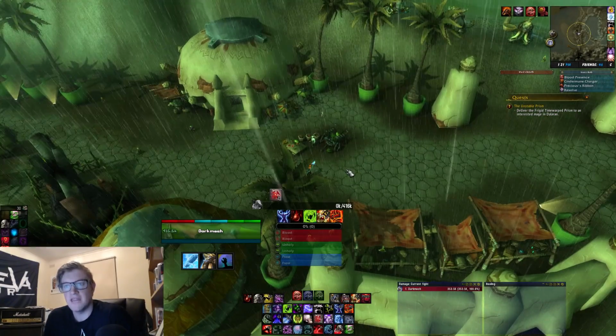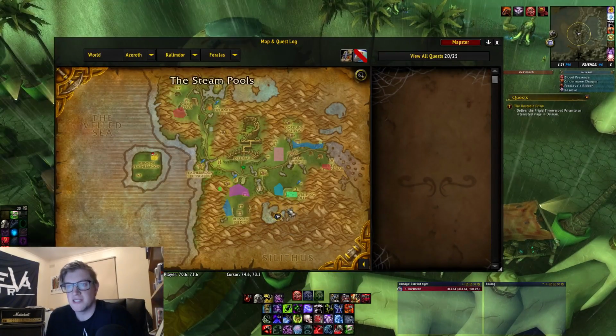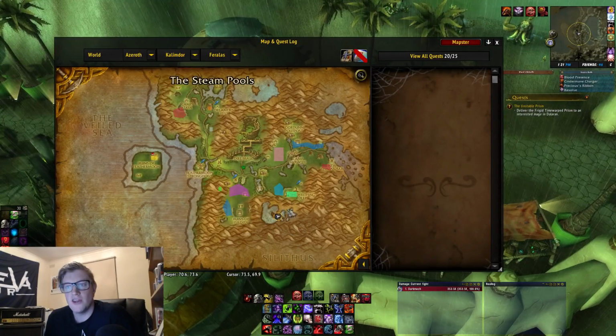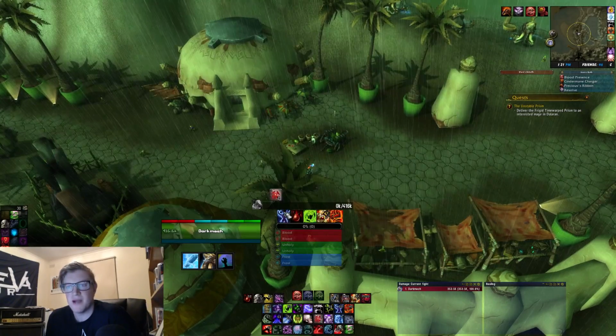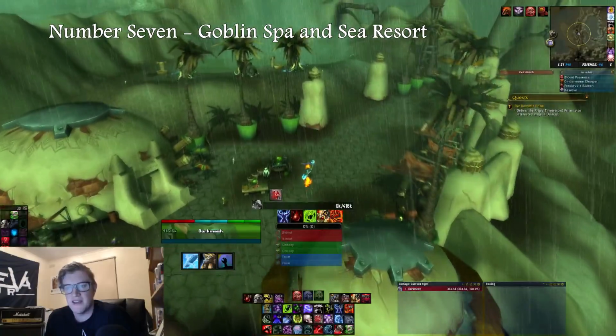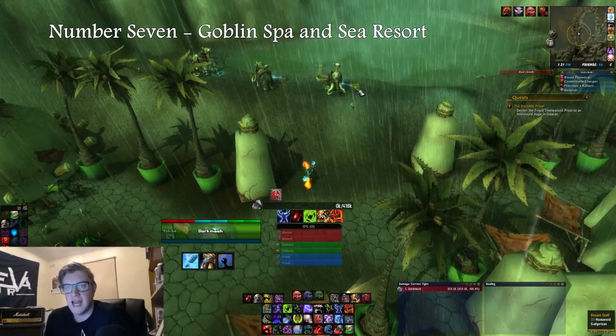Now, while you're out here in Feralas, by the way, that GM Island is located at 63, 11, I should have said that. While you're out here, you can go to 70, 71 up near the steam pools, and you can go to the Goblin Spa and Sea Resort. Now, this is number 7. In patch 4.1, a Goblin Resort was built here,